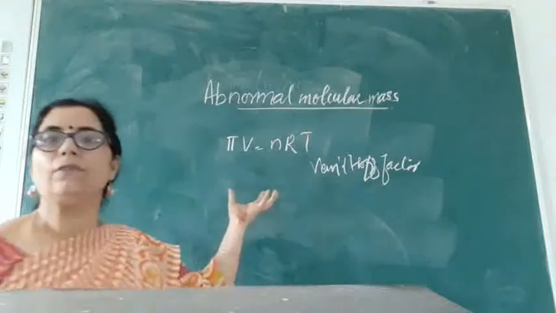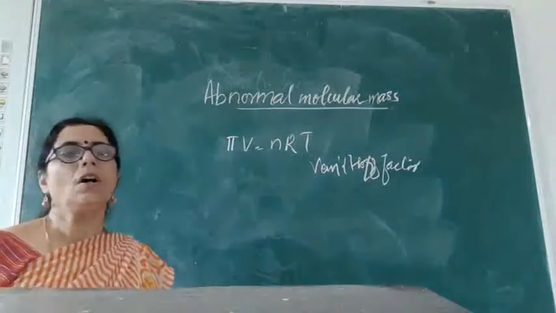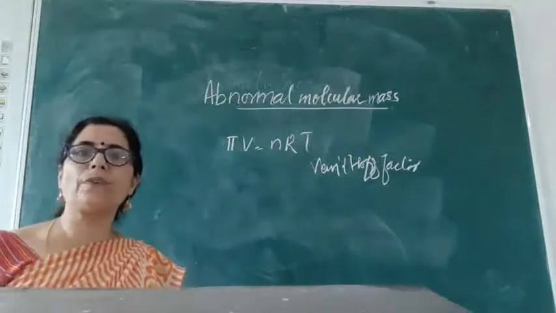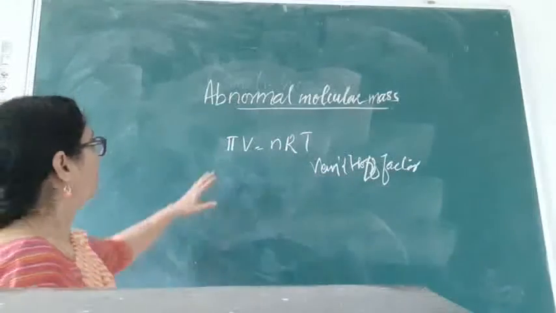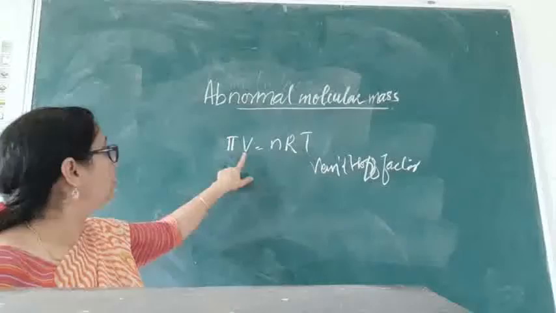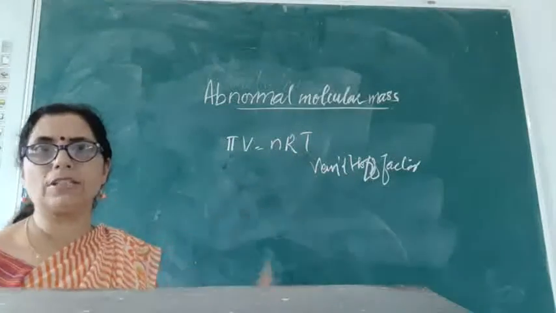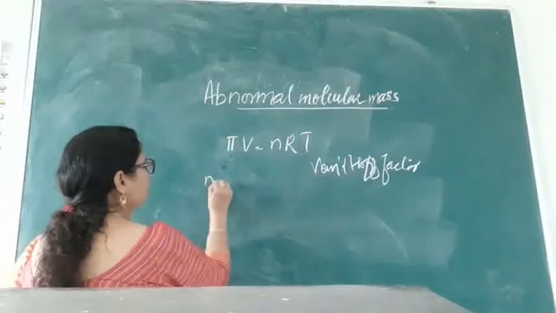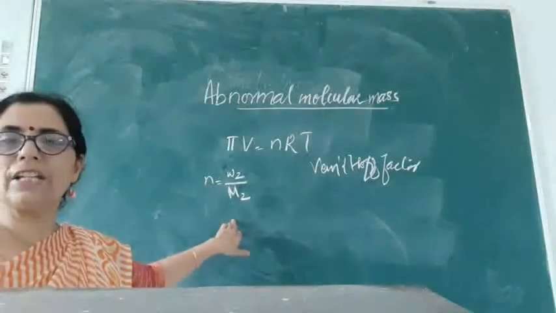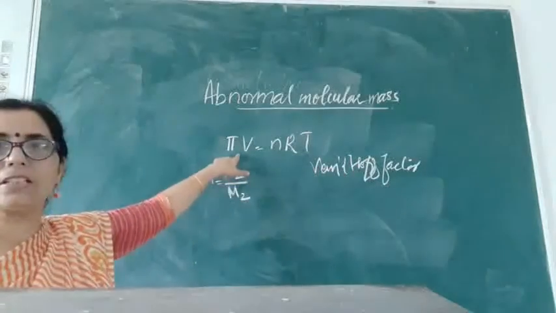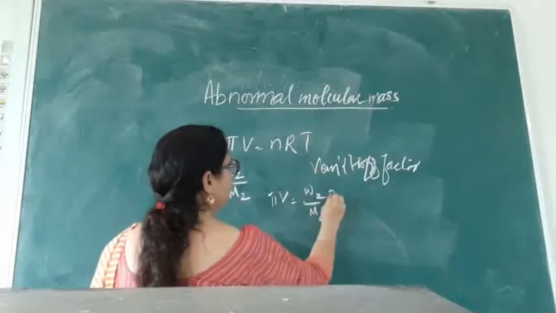Okay, so this we can use to find out the molar mass of the solute that is present, to understand the colligative properties of osmotic pressure. Here also you see pi is the osmotic pressure, V is the volume, n is the number of moles that is present, R is the constant, and T is the temperature. Now here also n is equal to the weight of the given substance divided by its molecular mass, which we have studied earlier also. This we can put in this equation.